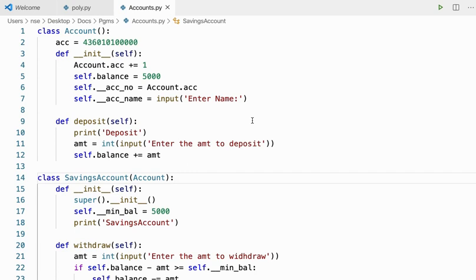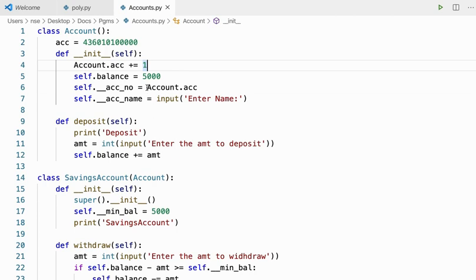So what are the basic things that are required to create an account? You will be having an account number, the name of the account holder, and the balance that he is going to have, right? I'm going to have only these three basic attributes for my program now, right? Now here I have a balance. Whenever a person creates an account, he needs to deposit 5,000 as a balance, and then comes the account number that I'm generating automatically, and then comes the name of the person.